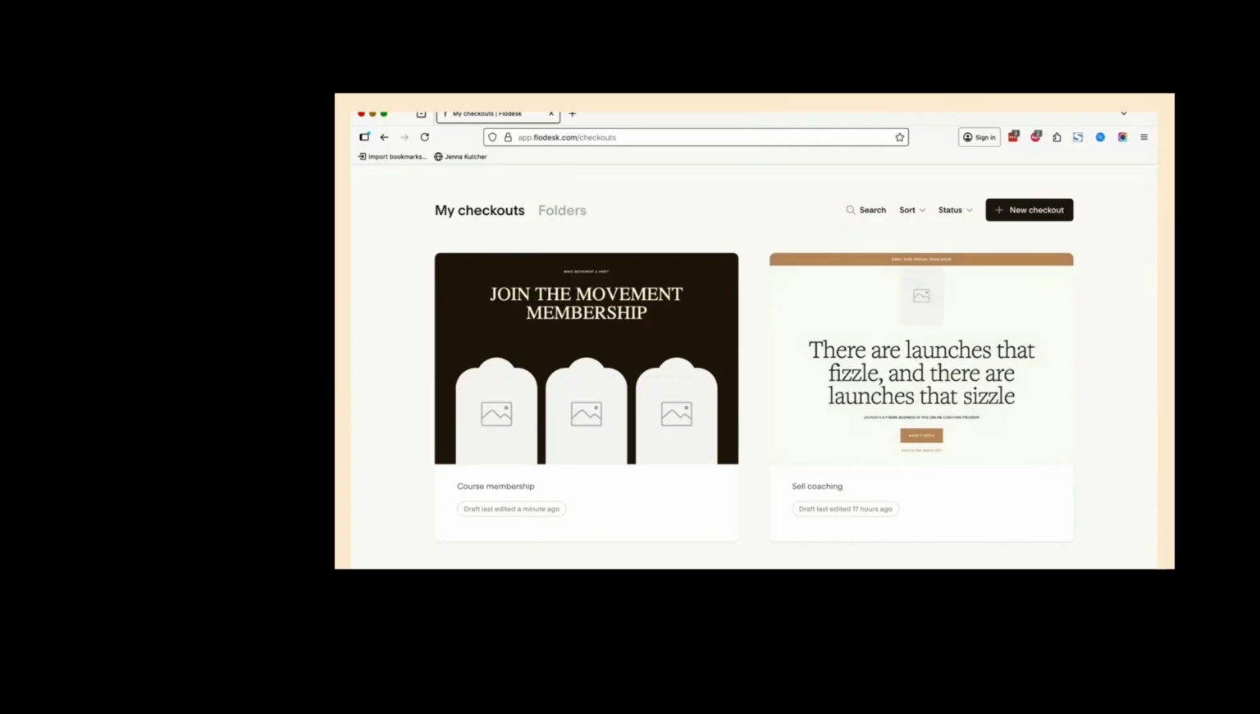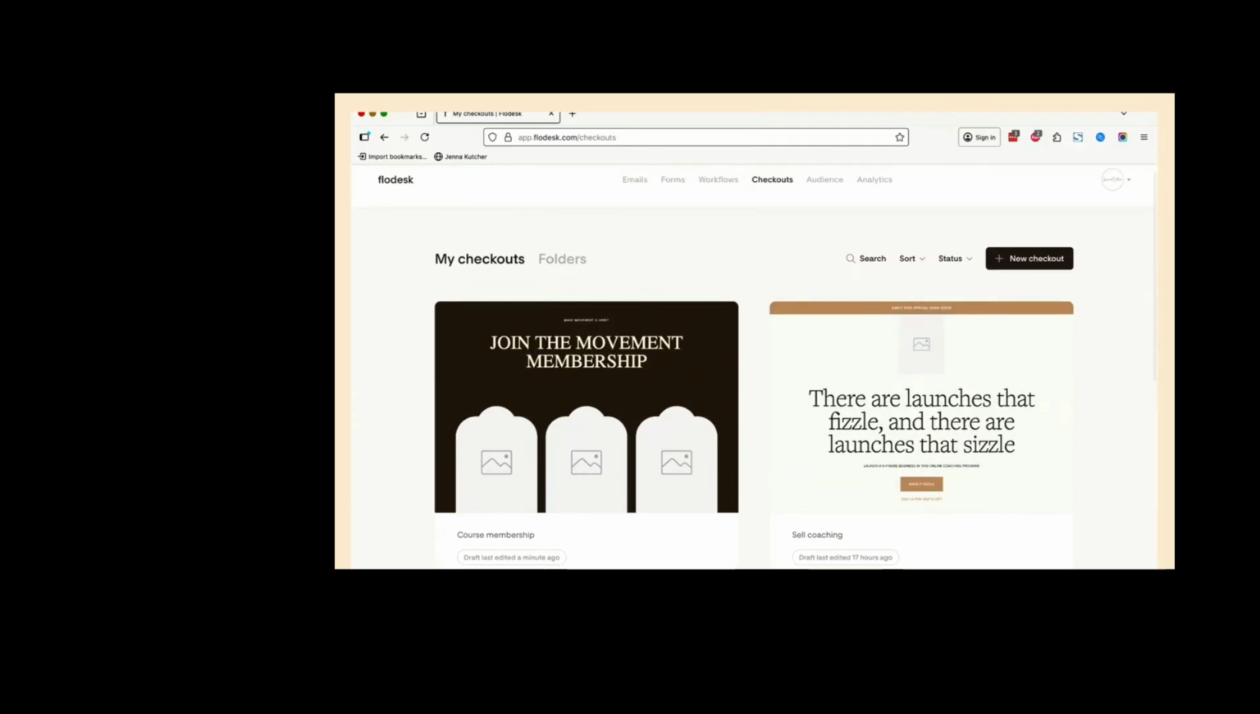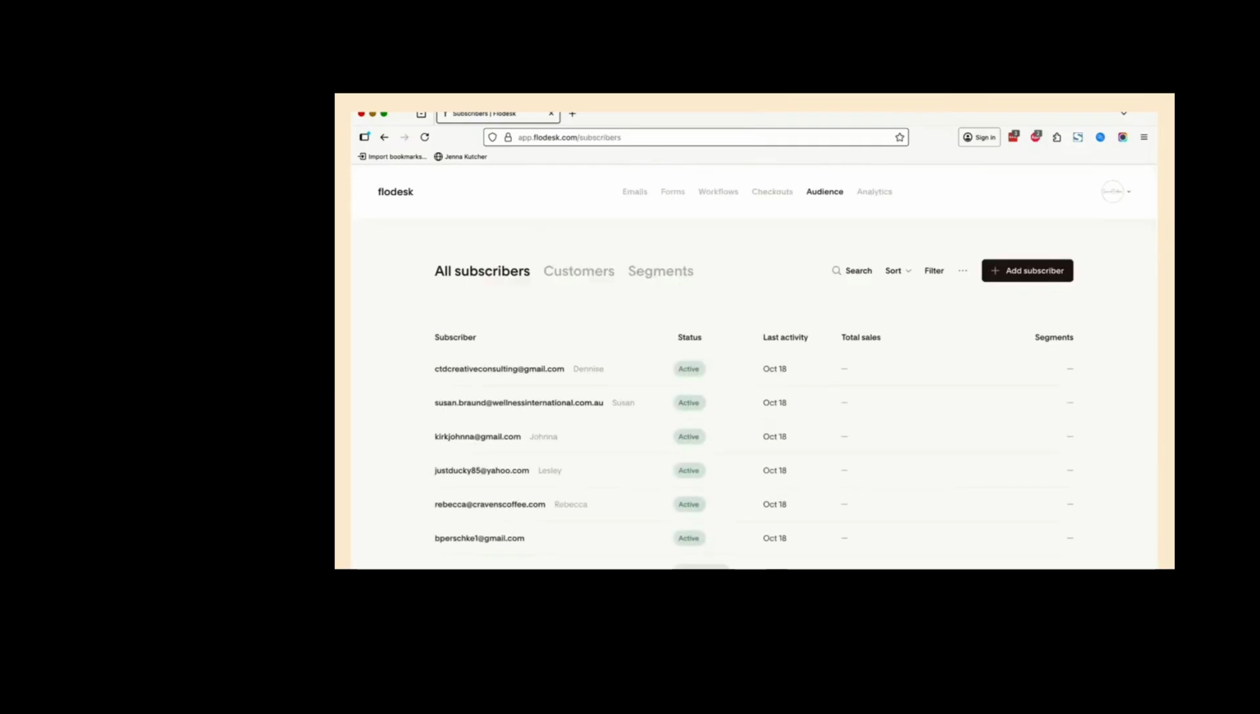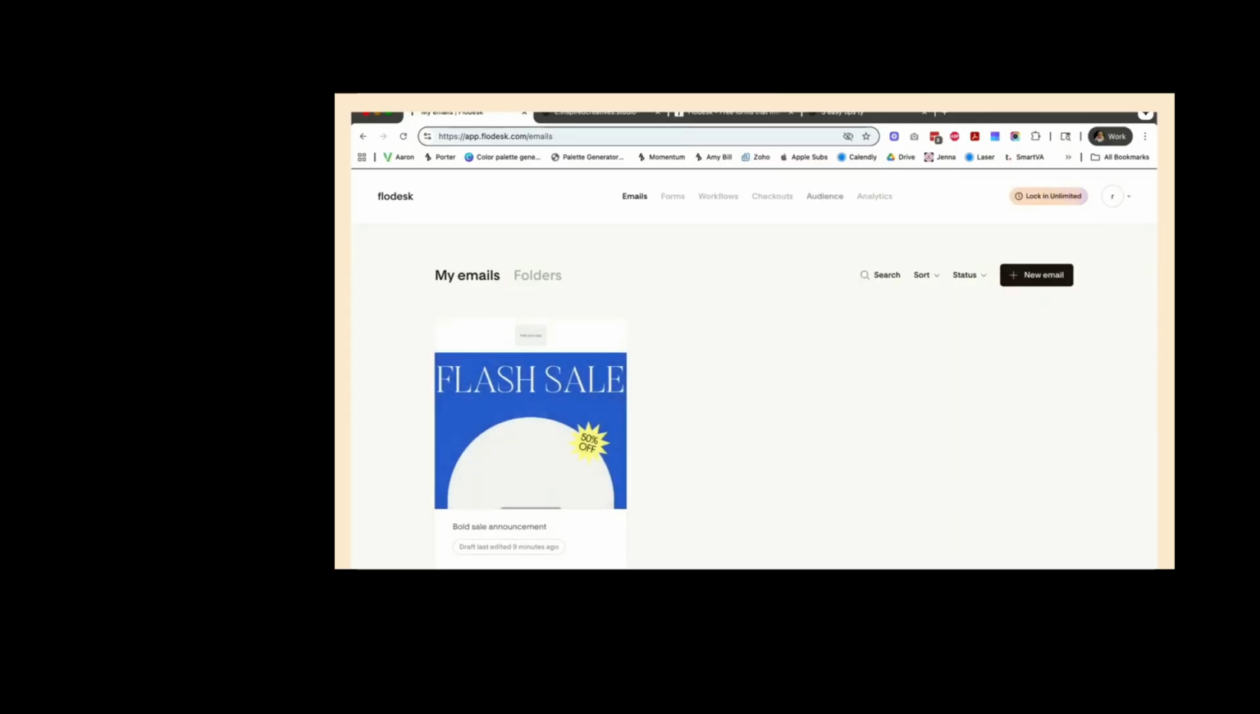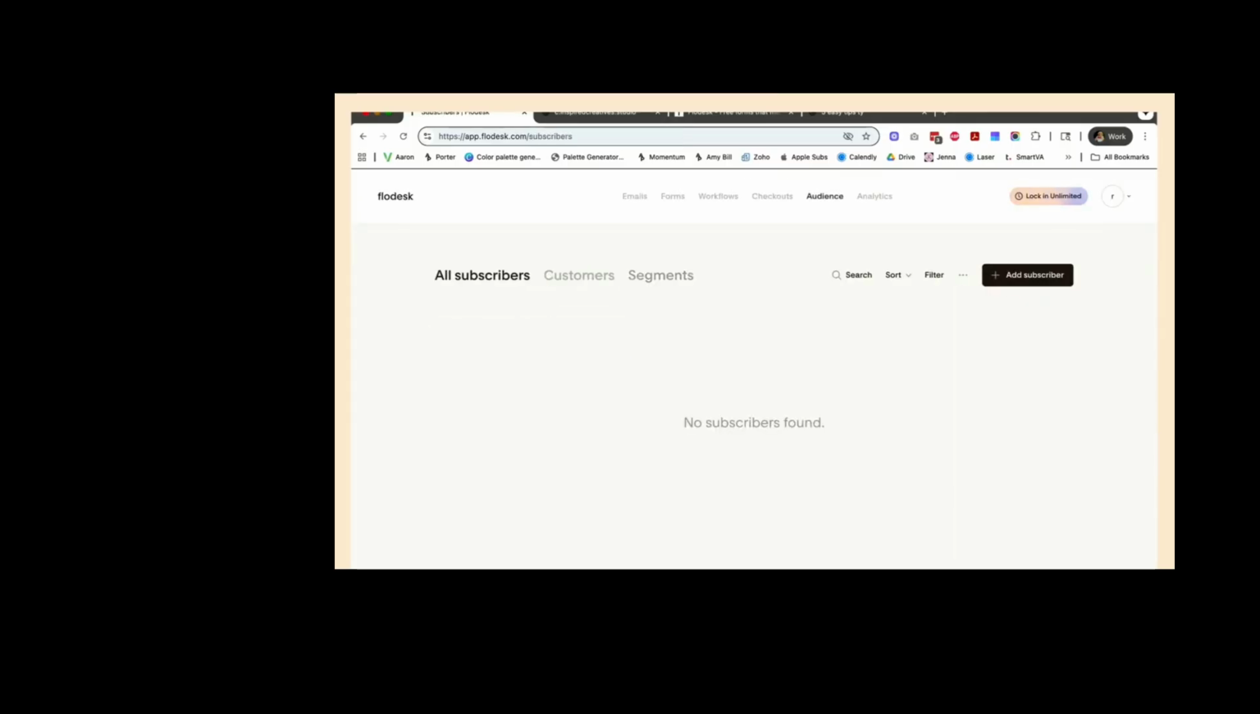So that is checkouts. In here, finally we go to audience. So I don't have that many here. We're going to go over here. Okay, so I want to go to audience, and I will speak on this a little bit. Now,